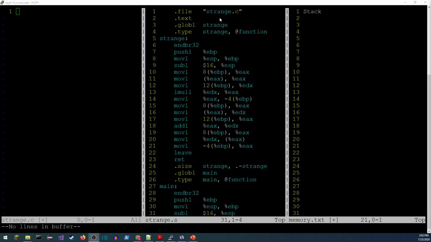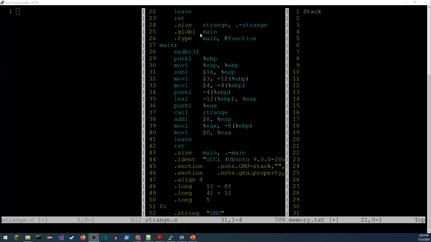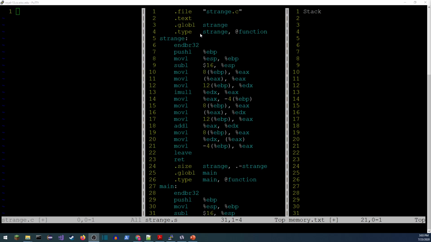I've got the third problem from the worksheet pulled up. This one is asking us to take a look at strange.s. And here's the contents of that file right now in the middle column here, and to just turn this assembly code back into C. See if we can figure out what code was used to produce this. I want you guys to try this. I think you've learned enough at this point about how assembly is generated that you could probably go backwards. So go ahead, give this your best shot, and then come back and I'll go through my solution and we'll talk about it. All right, so go do that now.